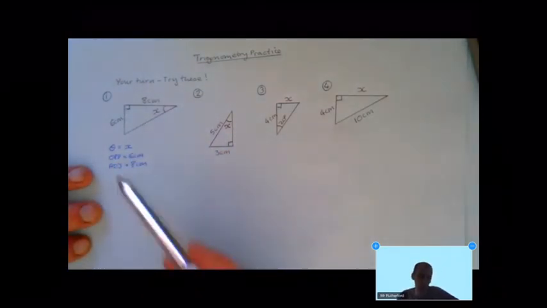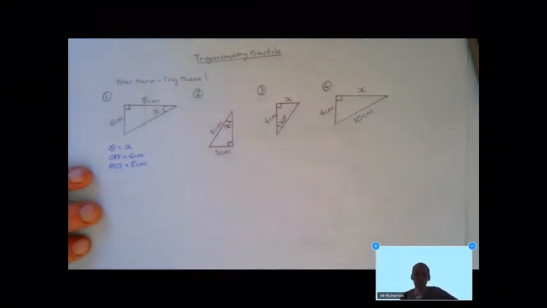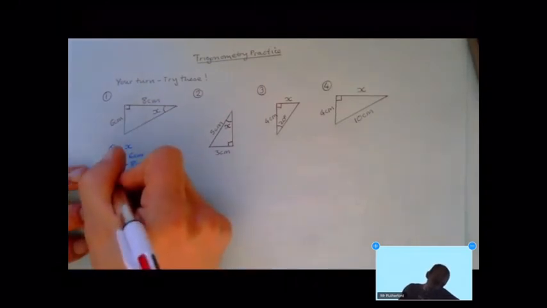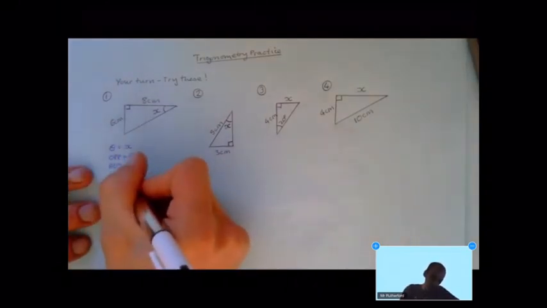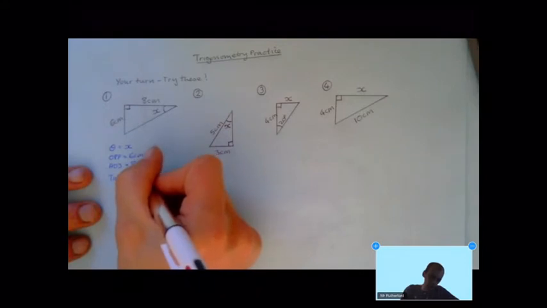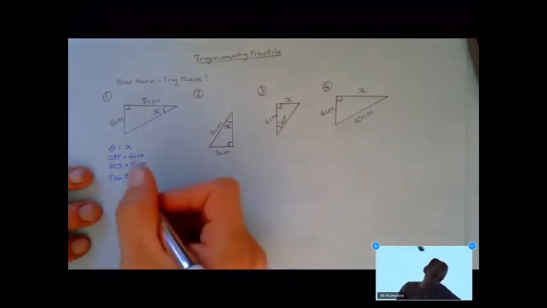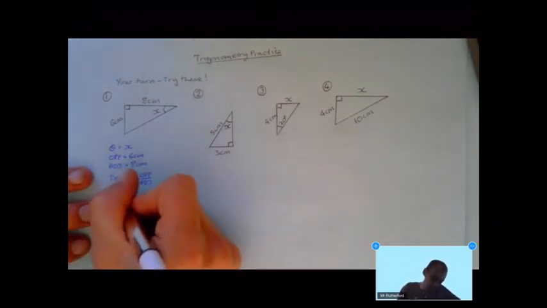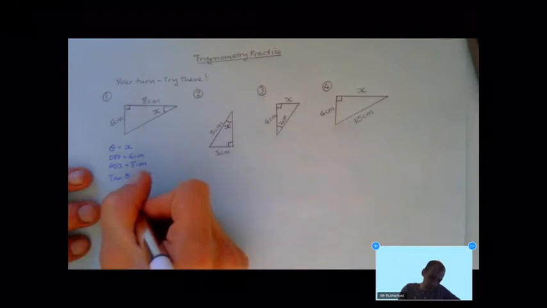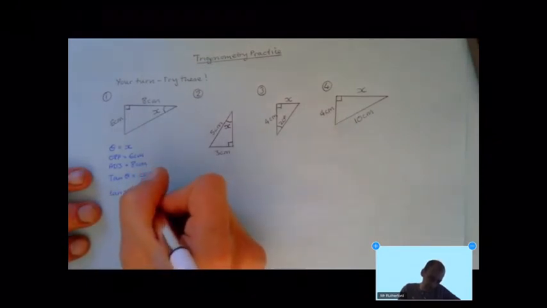So we have got the O and the A, so that's TOA or tan. So we've got that tan of theta is equal to opposite over adjacent. So using our values here, we've got that tan of x is equal to 6 over 8,